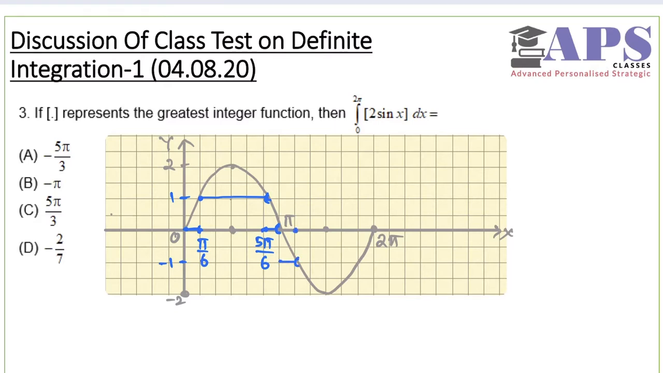This point is pi plus pi by 6, which is 7 pi by 6, and after 7 pi by 6 till this point, which is 2 pi minus pi by 6, that's 11 pi by 6, it will be minus 2. It will be minus 2 till that, and after that again it is minus 1. Okay, so this is the diagram, and now you can integrate it by using definite integration, or you can even